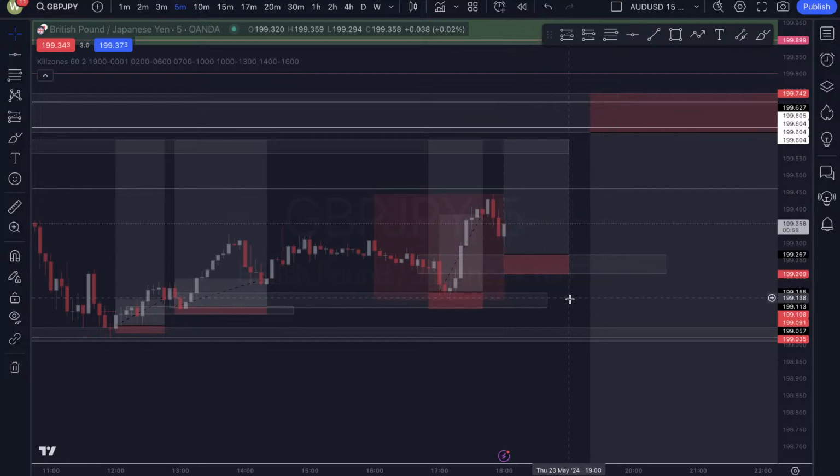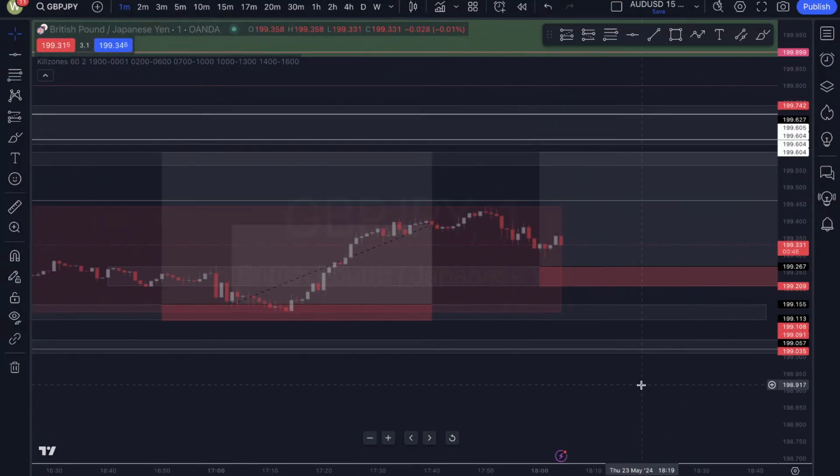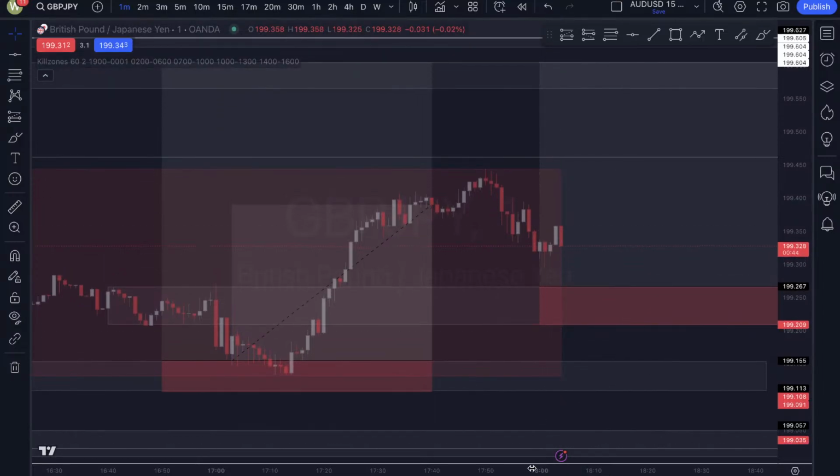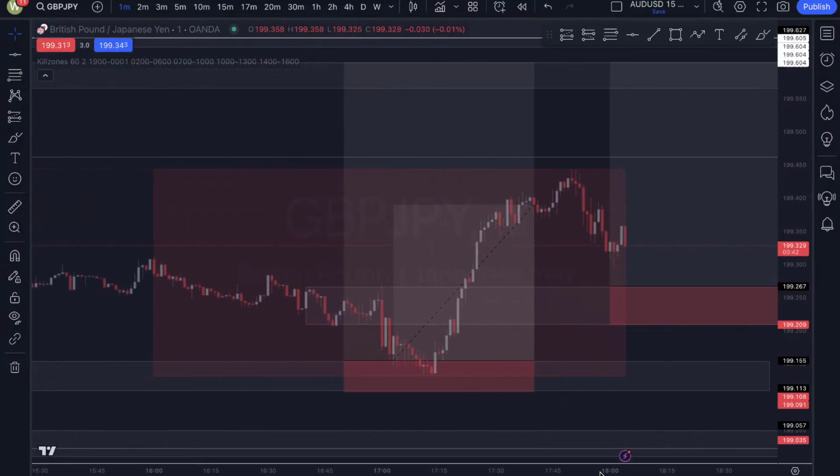So might have missed second re-entry, or sorry, fourth re-entry here at this level. And see here in the 5, following market structure here,